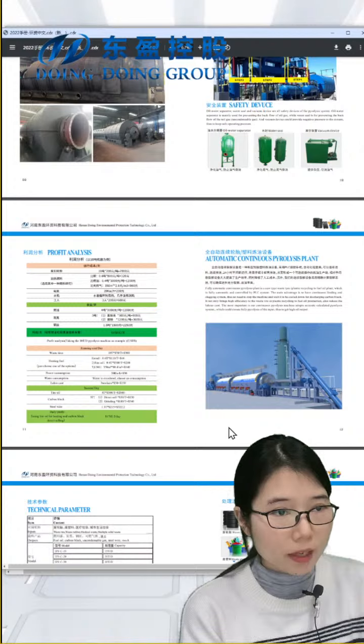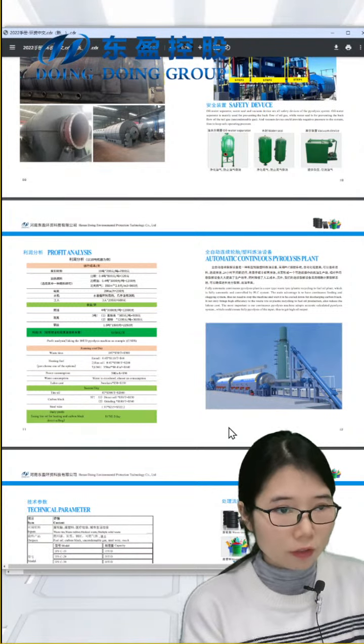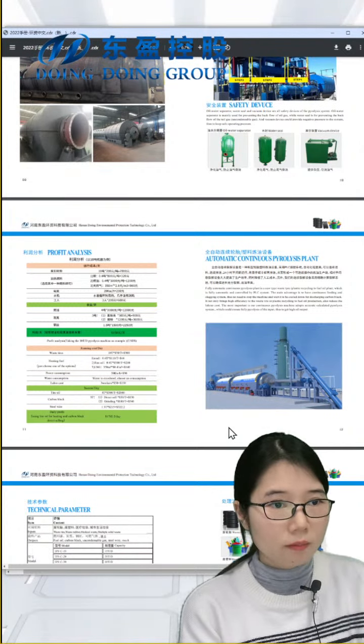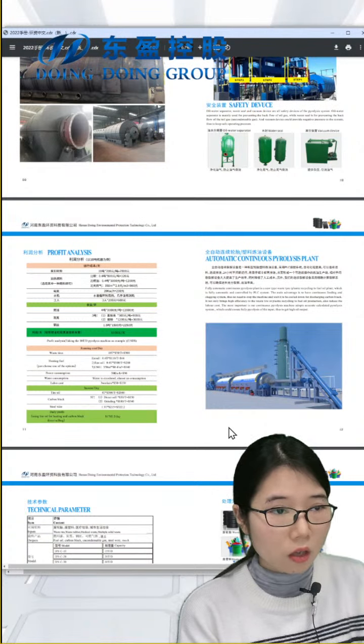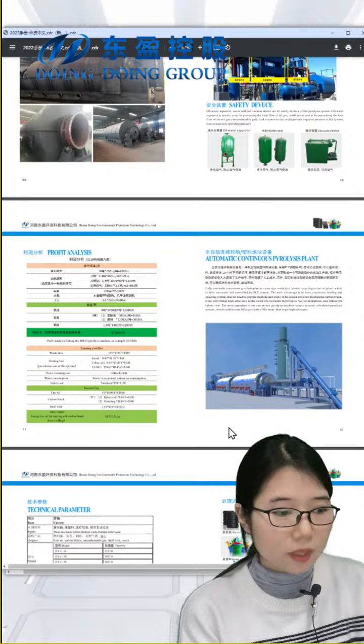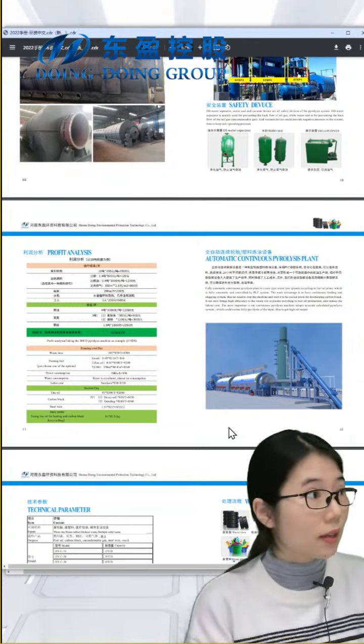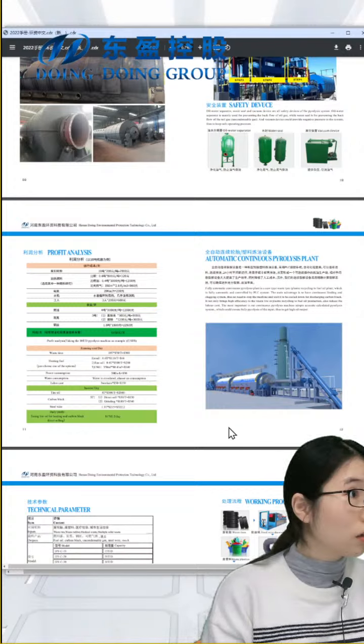Compared to the batch pyrolysis machine, the full continuous pyrolysis machine can process large capacity. So if the customer has raw materials with a large capacity, such as higher than